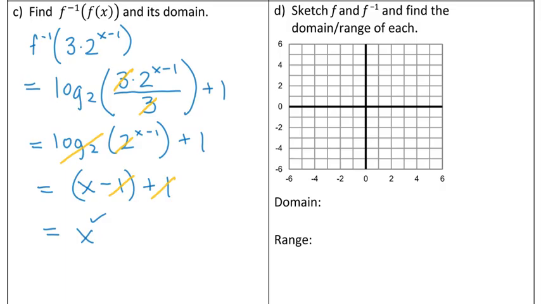This time when I think about the domain of the composite, I look at this inner function and it is exponential, so its domain is all real numbers. So to survive step 1, I don't have to worry about anything. No matter what I choose, it'll survive step 1. To survive step 2, the output has to be greater than 0, because whatever I plug into this log down below has to be greater than 0. It turns out, though, that with inverses, this is going to work itself out automatically, but we can